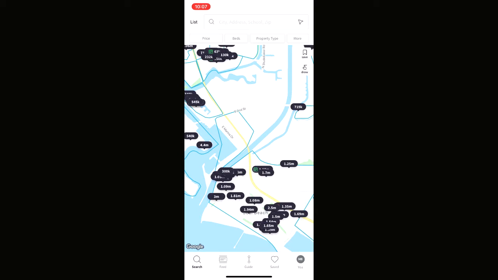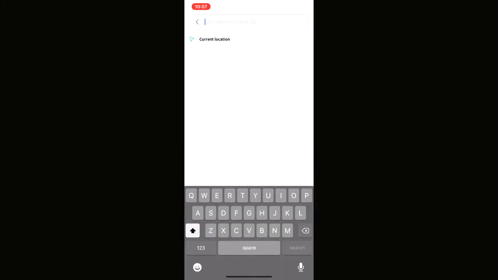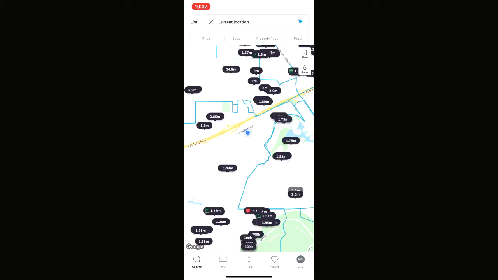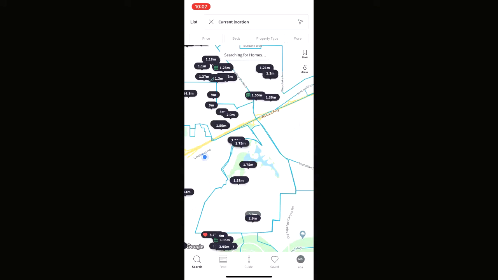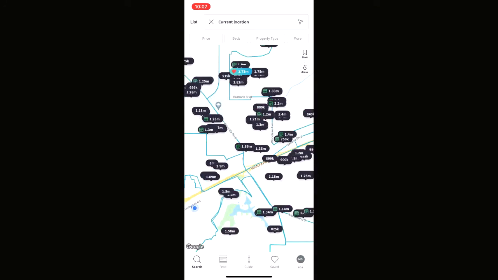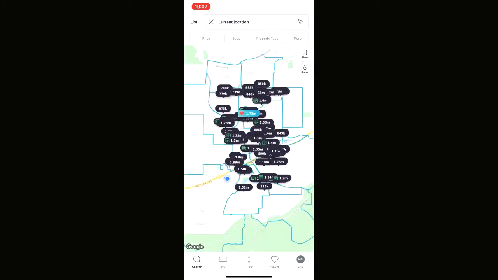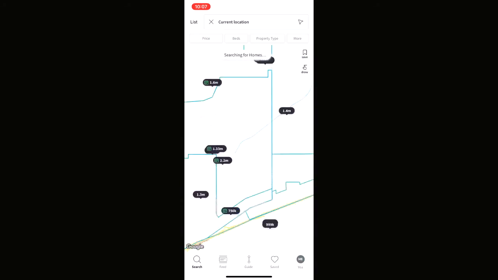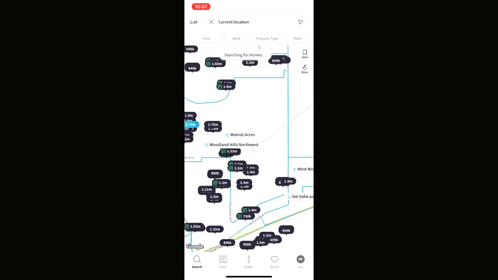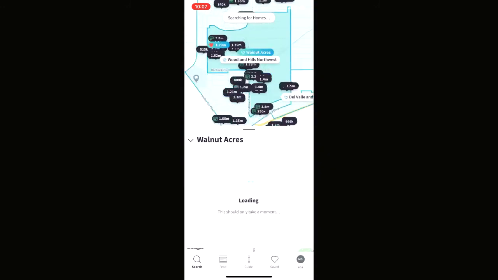And at the top right, you can see the search bar, or click on current location, like if I'm right here. And as I mentioned last time, I'll do a quick preview once again. This is all Nextdoor engine. So when you zoom out or zoom in, it will show you the neighborhoods with those categories. See the blue borders? This one is 100 acres. So you click on it,